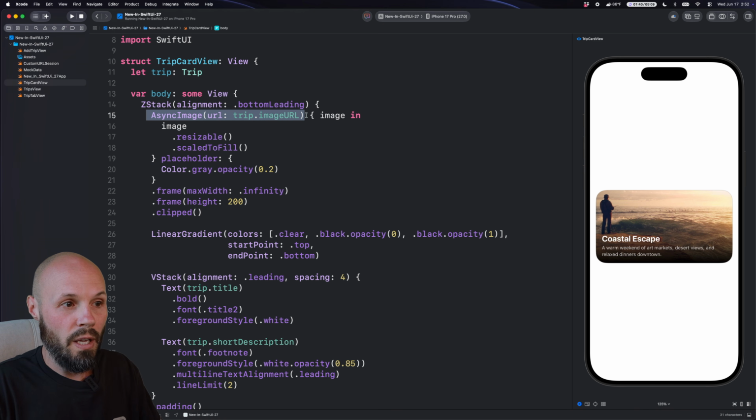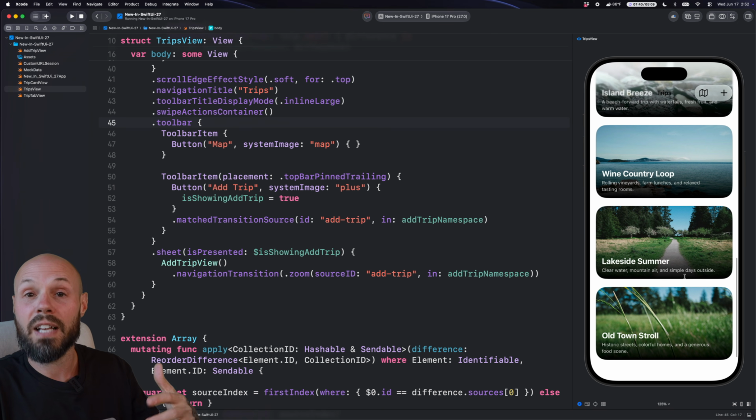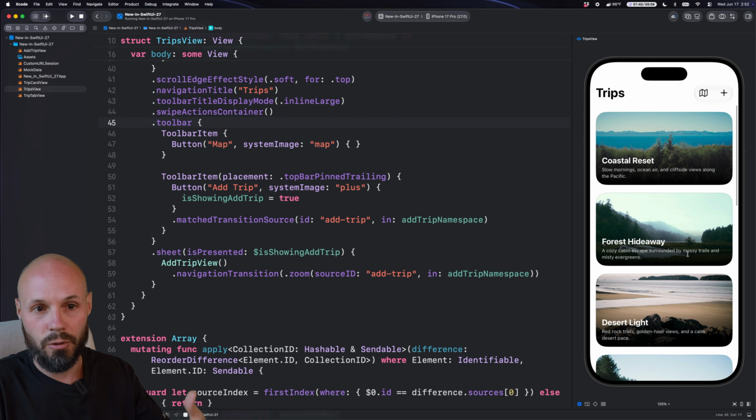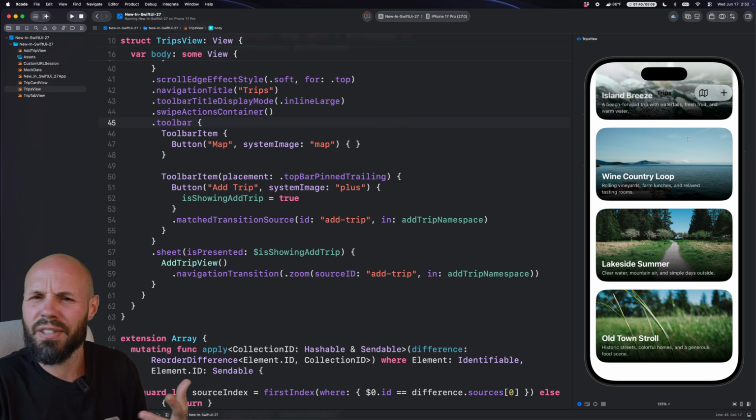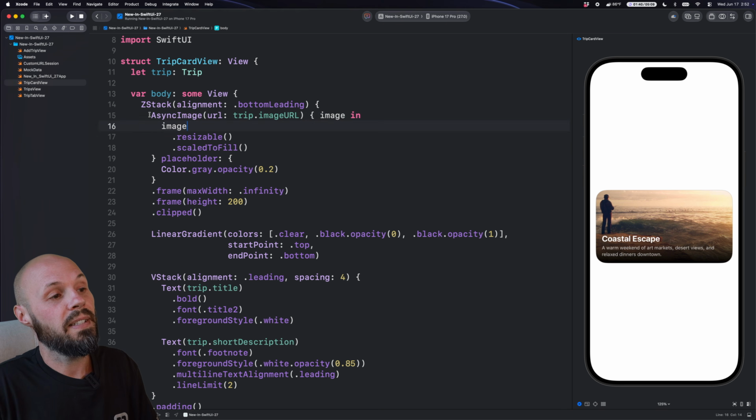Now, before, this would not cache. What that means is, if I go back to my trips view, as I'm scrolling down, it would be fetching the images as the view comes onto the screen. And then even when I scroll back up, it would refetch the images. Scroll back down, it would refetch the images. Kind of inefficient, right? Well now, again, out of the box, go back to trip card view,